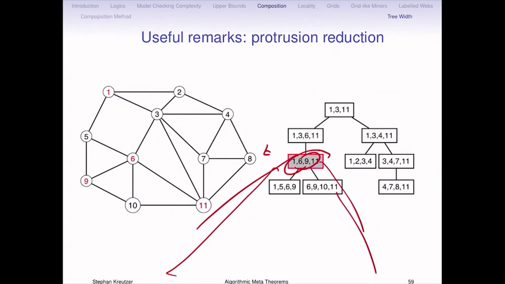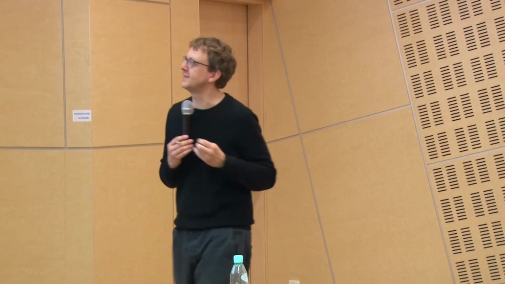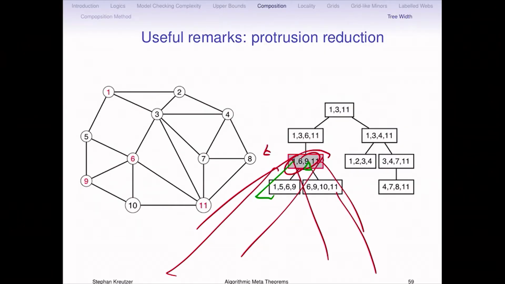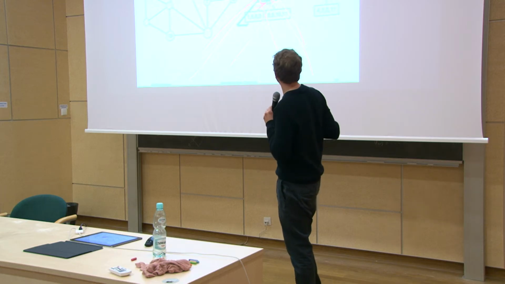Which means I could just throw everything away at this point and plug in a new tree, which is tiny, very tiny, and has the same type. And the algorithm wouldn't notice, because the Feferman-Vaught theorem just tells us, well, if the type is the same, I can just go on, and I will never see a difference. It's the same as saying, okay, for an automaton state, I could take a minimum size tree whose root is labeled by this state of the automaton, and replace it.